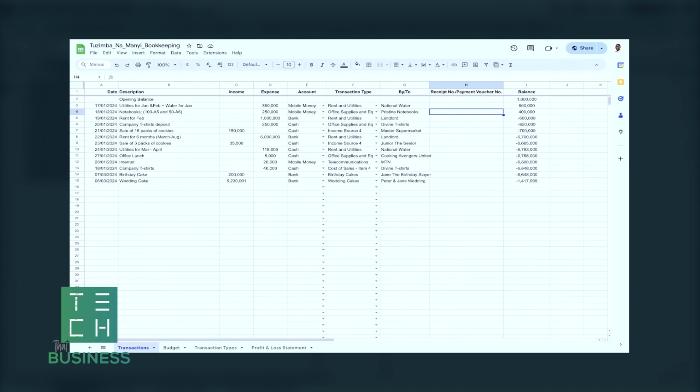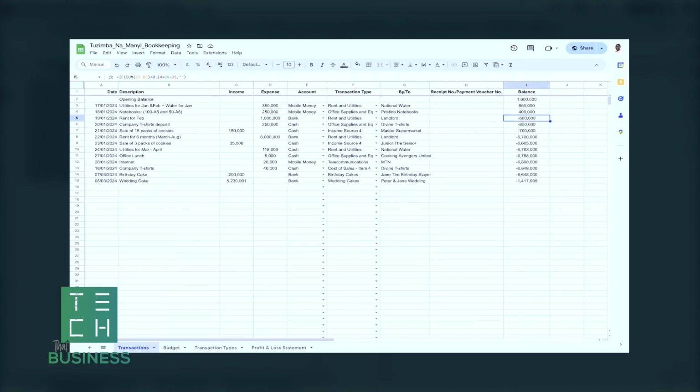So for example, if at the start, when you started recording these transactions, you had 1 million shillings in your account, and you paid for utilities 350, you can see that the balance column automatically updated to show that you now have 650 left. If you went ahead and made yet another payment of 250, you now have just 400,000 left,